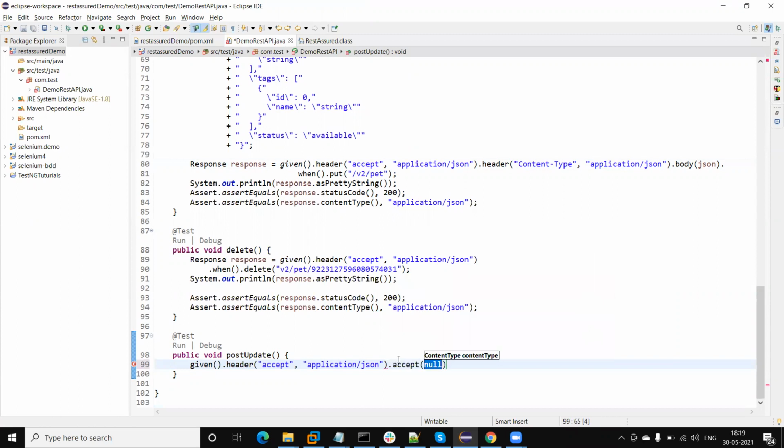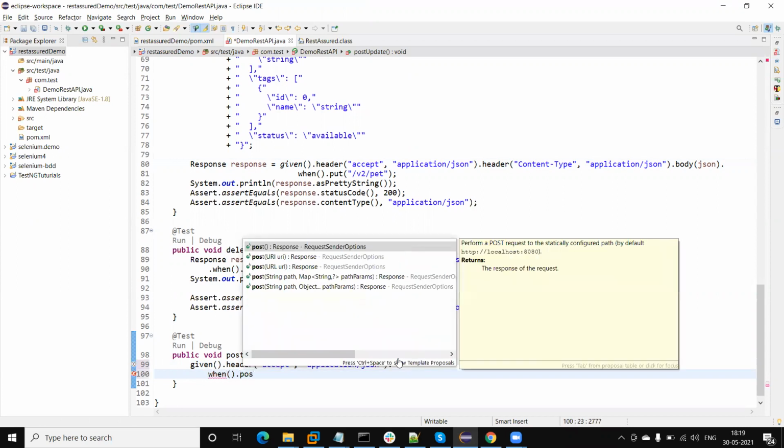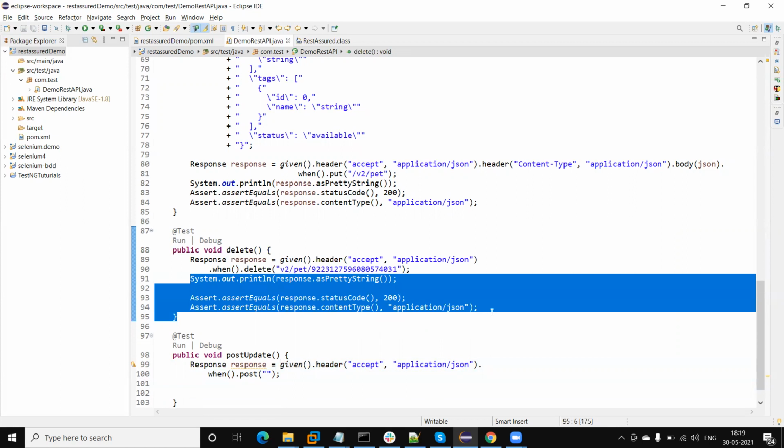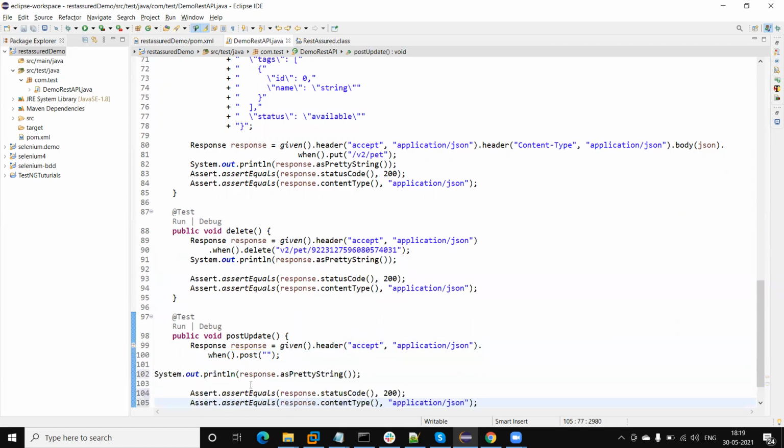Then calling when, dot post. In post we will pass the URL and this will return the response. Okay, so let me add the assertion, response content type, as well as the status code.